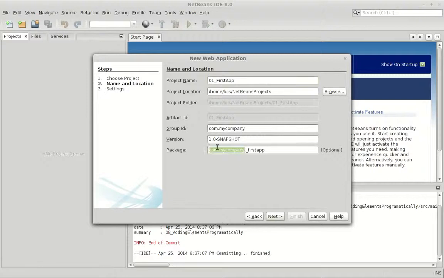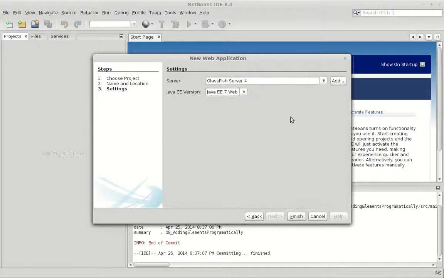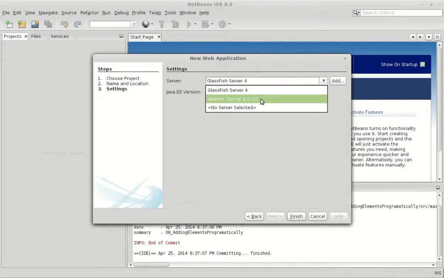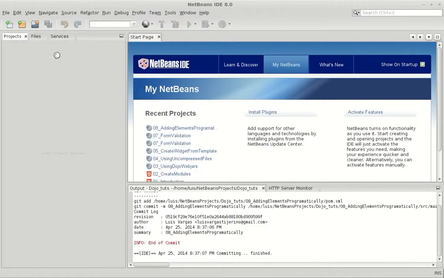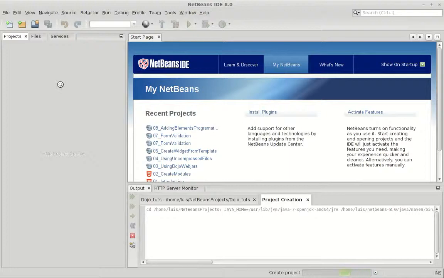Okay, and then this one doesn't matter too much, and you can change it as you want, but at the end it doesn't matter because we are not going to use Java at all, only JavaScript and HTML, but we are only going to use Maven to retrieve dependencies. I'm going to use Java 7, but again it doesn't matter since this project is only going to have JavaScript, and I'm going to compile it as a WAR because it's